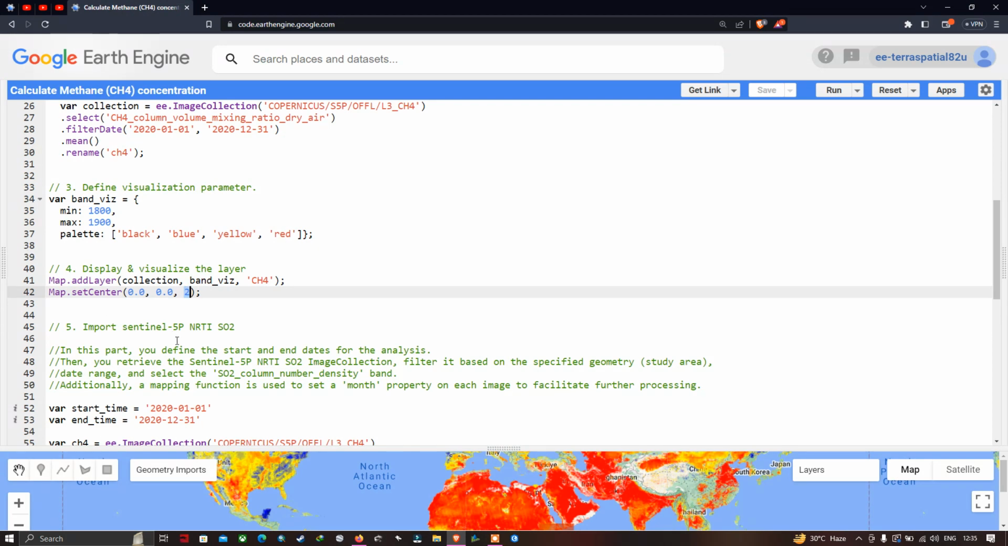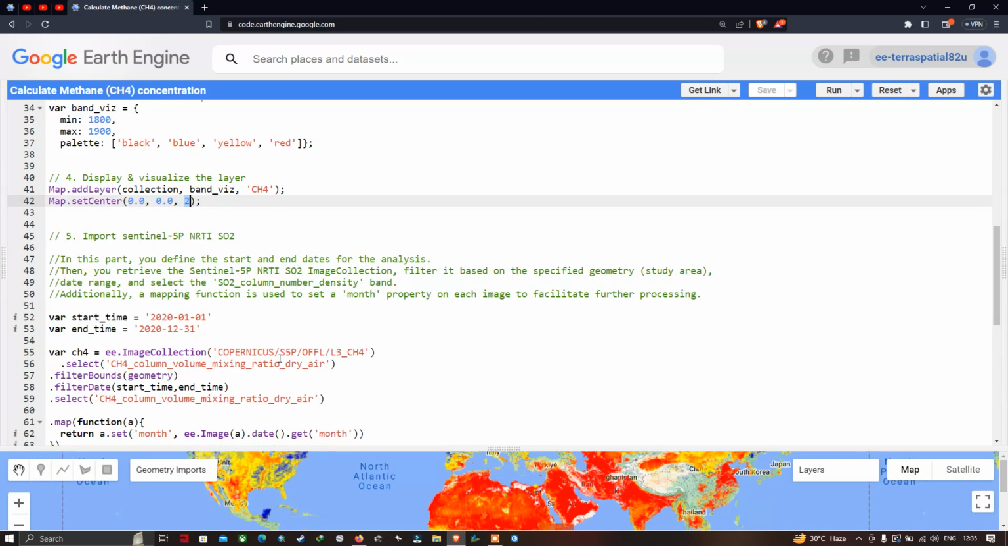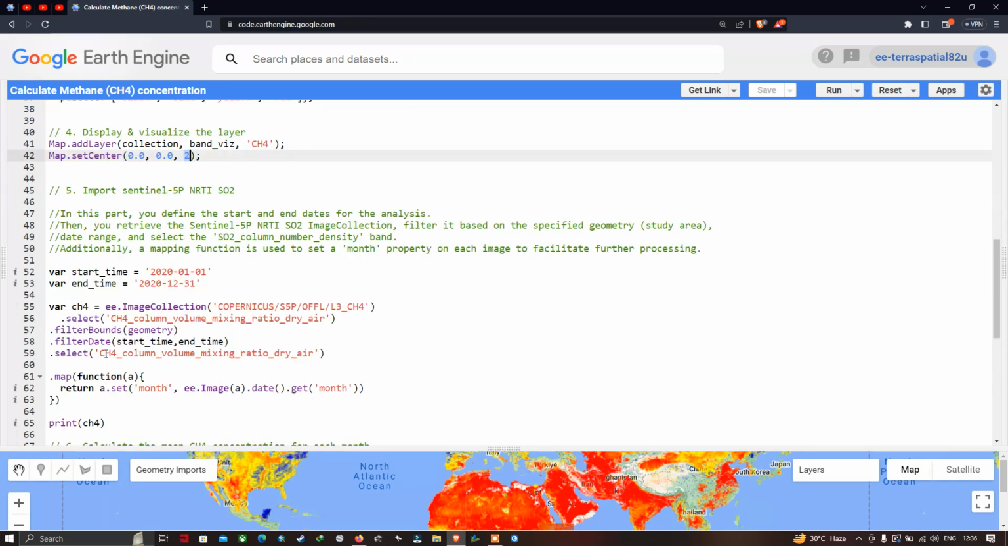Next, to acquire the methane concentration for any study region, we define a variable called start time equals to 2020 January 1, and next we define our end time, the variable end time, 2020 December 31st. Next we define a variable called CH4 equals to ImageCollection Copernicus S5P OFFL L3 CH4. In that we're going to select the CH4 column volume mixing ratio dry air,